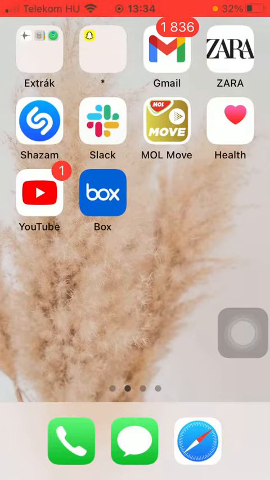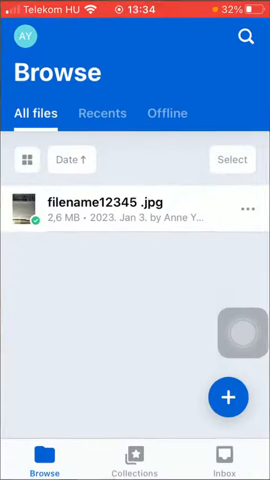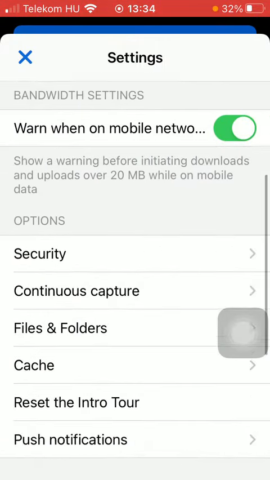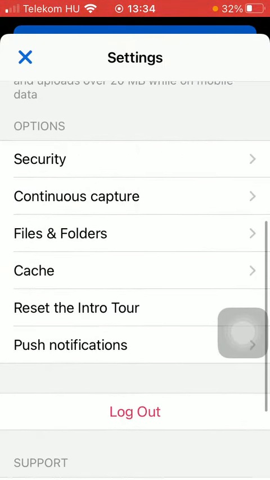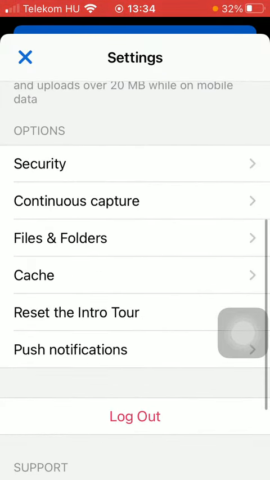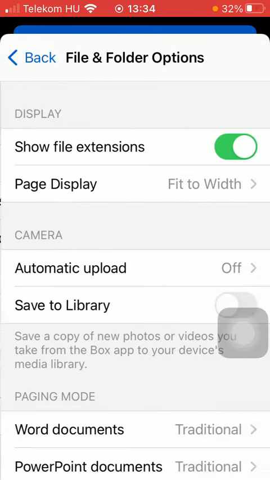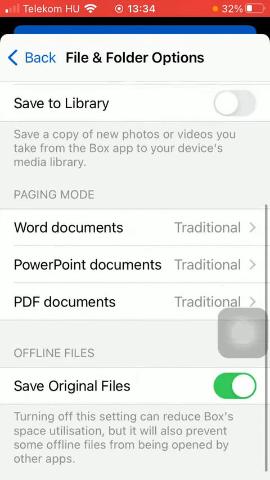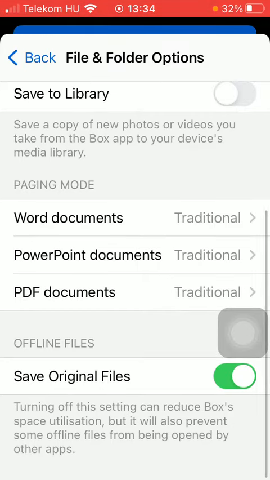First of all, open the application on your phone. After that, you should tap on this profile icon in the upper left corner of the screen. Then you should scroll down till you find the files and folders section. Then scroll down to the paging mode section in the middle, and here you can find